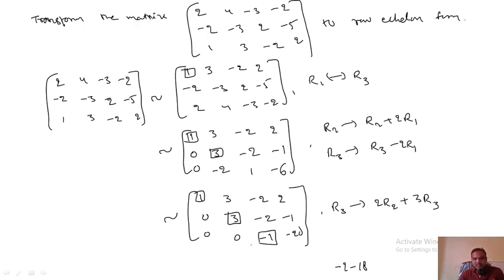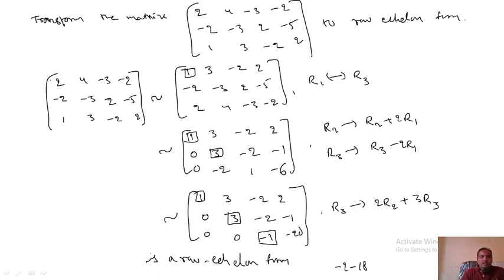See, if there is a mistake anywhere, you can check it. Now it is converted to echelon form. In each pivotal column, the elements below the pivot are 0. All pivots are to the right of the previous row's pivot. The 3 is to the right of the previous pivot, and -1 is to the right of the previous row's pivot. That's why this is row echelon form. This is the procedure to convert to echelon form.